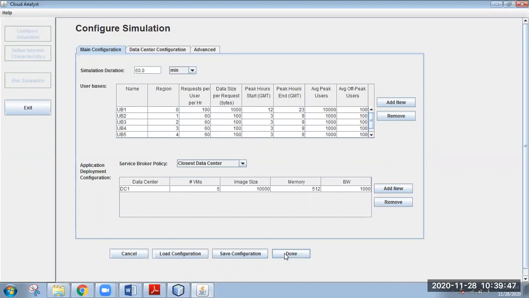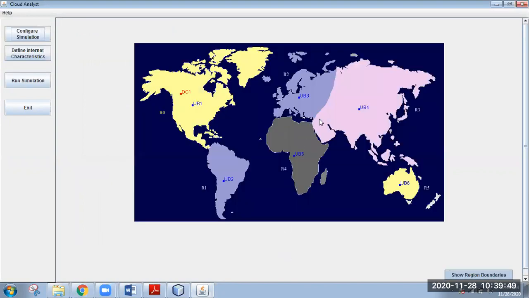Okay, so once you click that done button, now you can see with respect to one region, you have one user base. Like region 0 is having user base 1, region 1 is having user base 2, region 3 is having user base 4, region 2 is having user base 3, region 4 is having user base 5, region 5 is having user base 6.